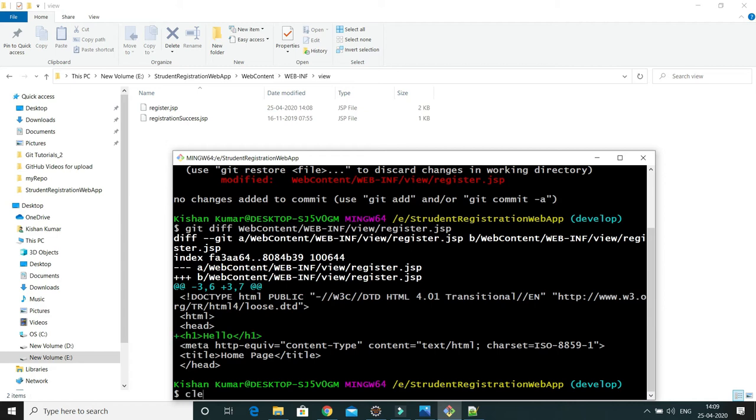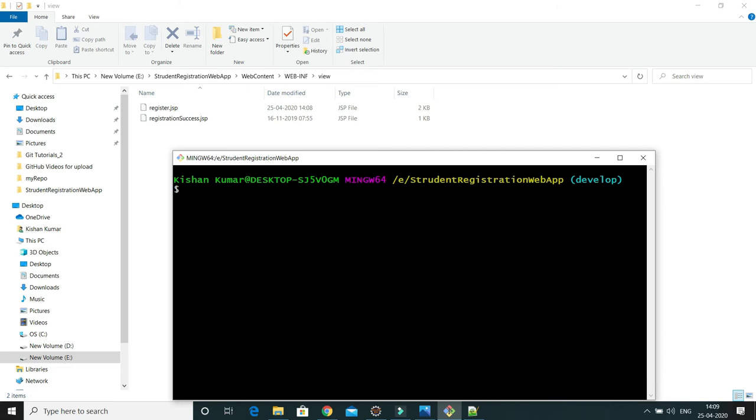Now I don't want to delete whatever changes I have done in my local working directory, but I want to delete the same file from the staging area, since it must be an older file. How can we do that? For that we have a command called git rm --cached.